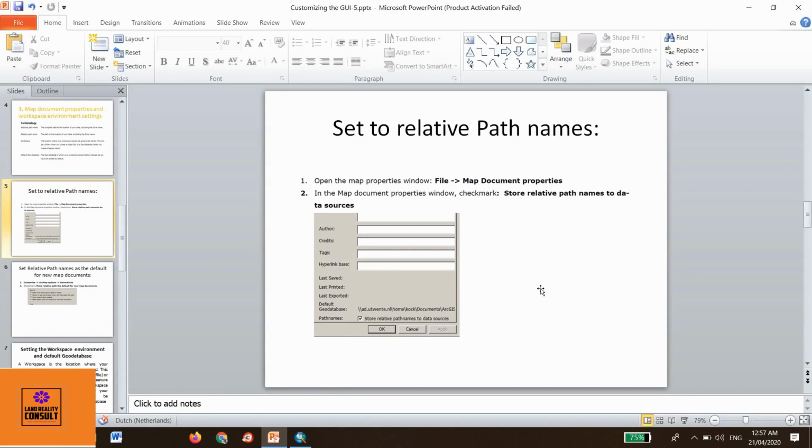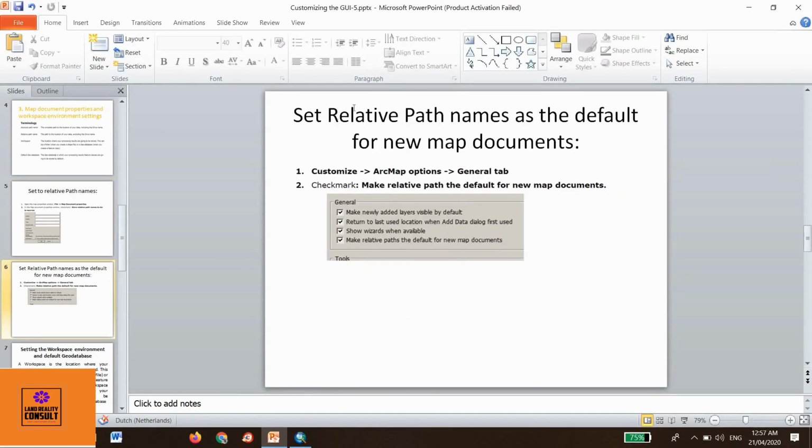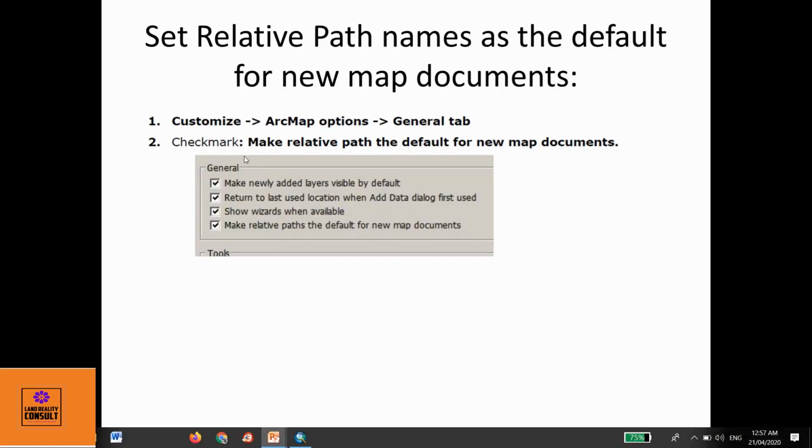So now let's go to another step: how to set relative path names as the default for new map documents. For this one, we go to customize, ArcMap options, general tab, check mark make relative path the default for new map documents. So let's go back,